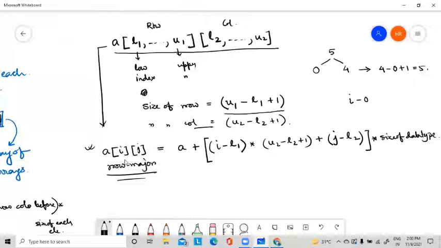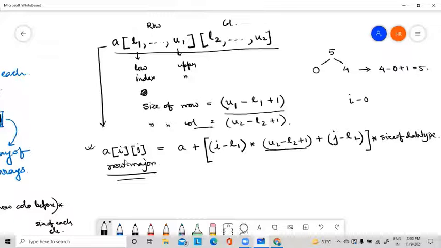How to calculate? If the position of the element is I and j, then I minus L1 is the number of rows before, into size of each row. Size of each row means number of columns in that row. So this is the column size I am multiplying. Then number of columns before, j minus L2 will give you the number of columns before.